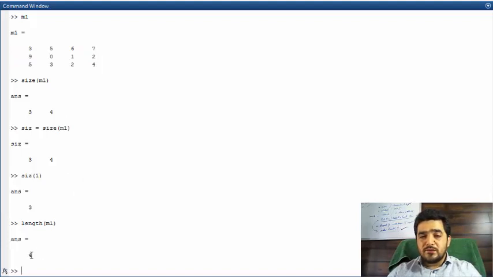So that's what it gives us, 4. 4 is the number of columns in this matrix M1. So we're done with identifying the size. Now let's suppose you want to